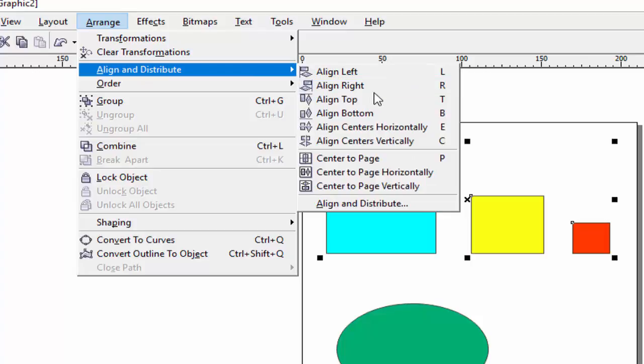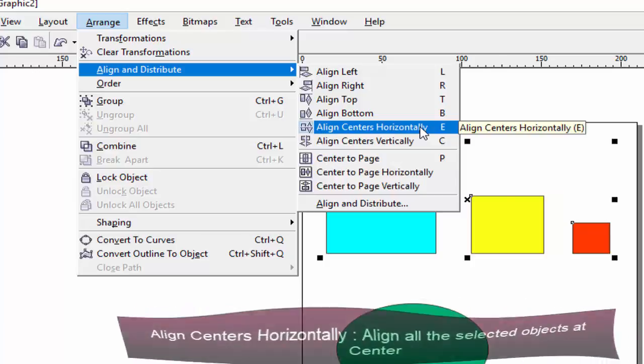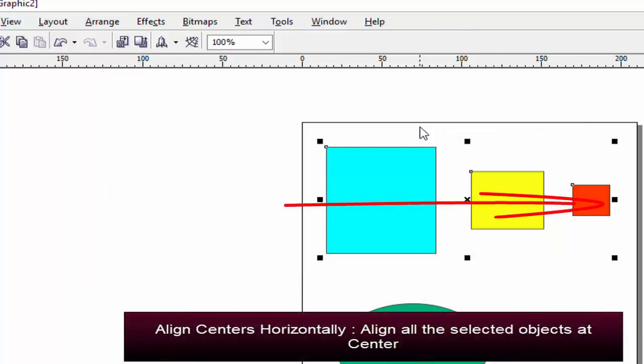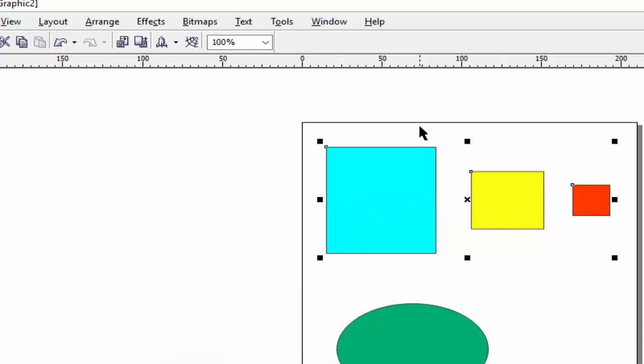Align all these options, top and bottom. And similarly, if you want to align these objects which are selected by me horizontally, you can align them horizontally, center. You see, horizontally center, all these objects are in the center horizontally.